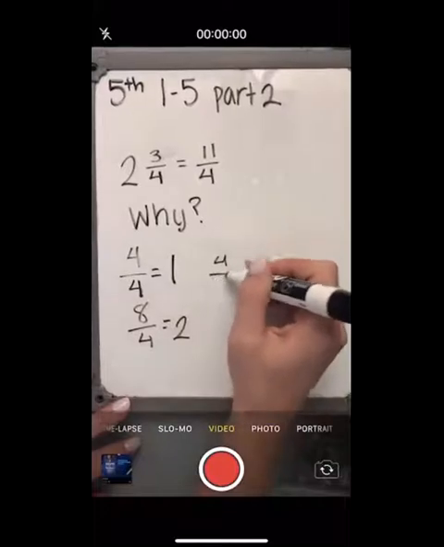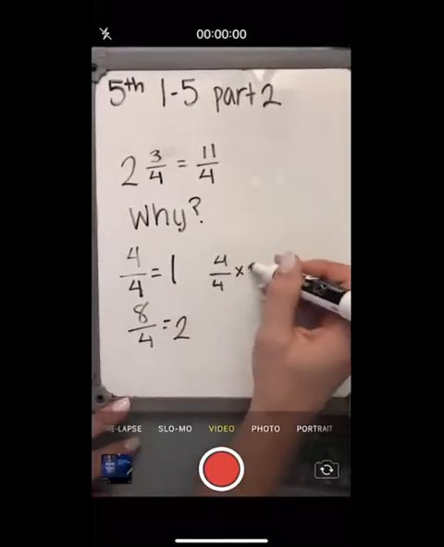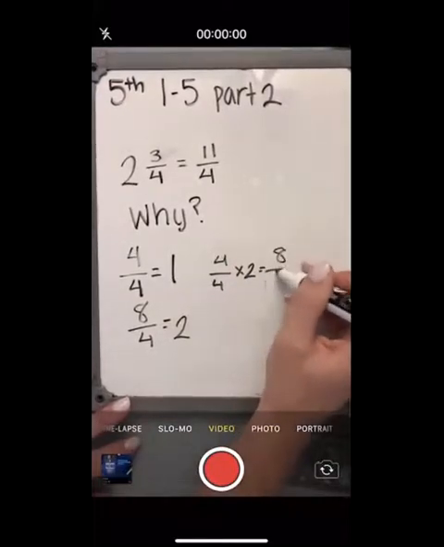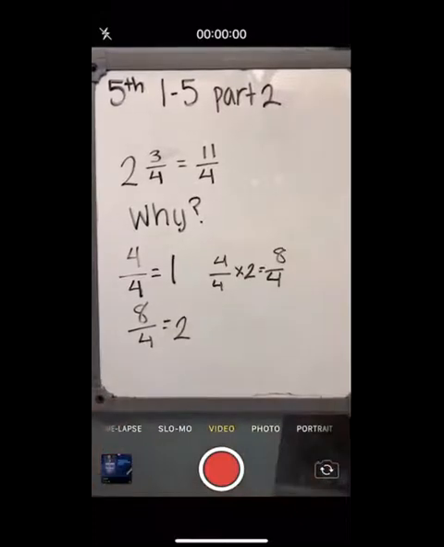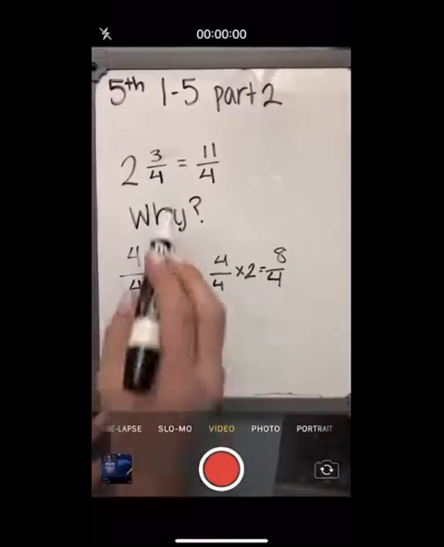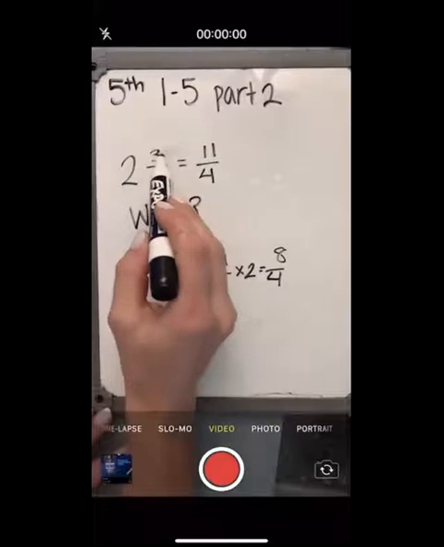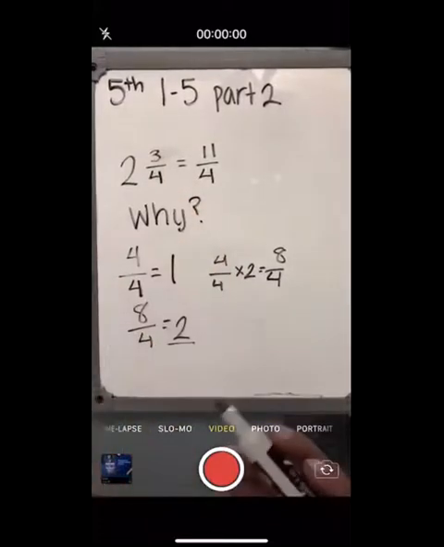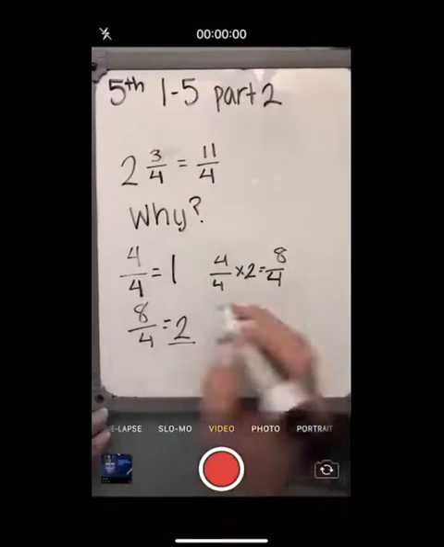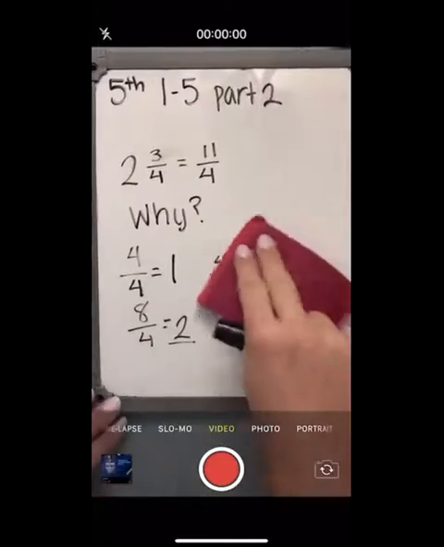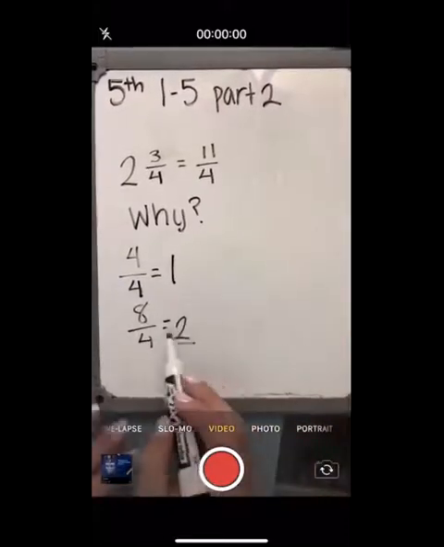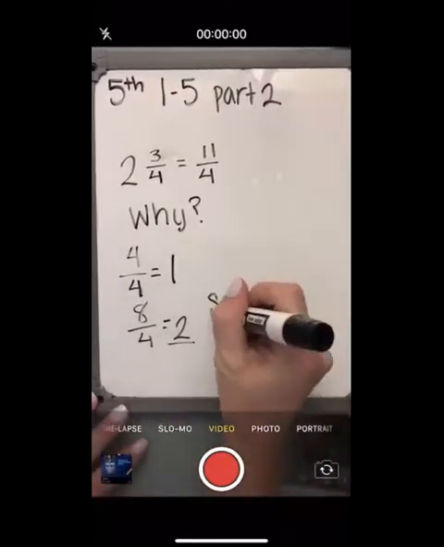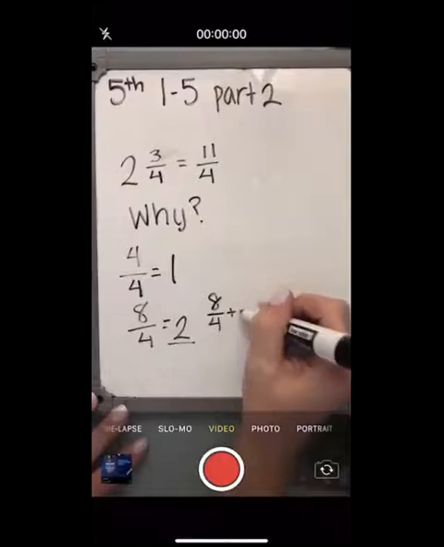Because 4/4 is 1 whole times 2, gives me 8/4. So I know that I will have 8/4 because that's my 2 wholes. And then I have this 3/4 just hanging out left over. So then if I took that 2 wholes, which is 8/4, 8/4 plus 3/4